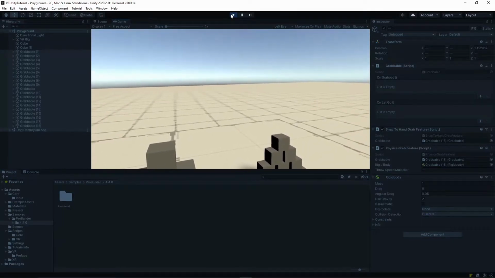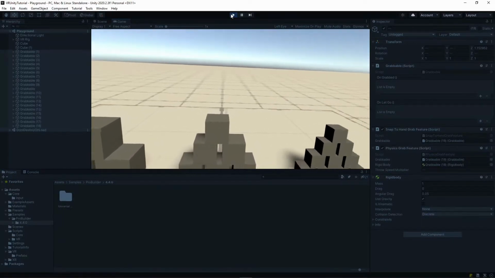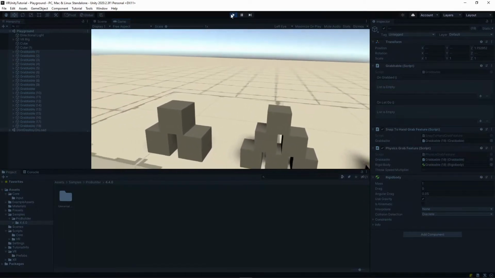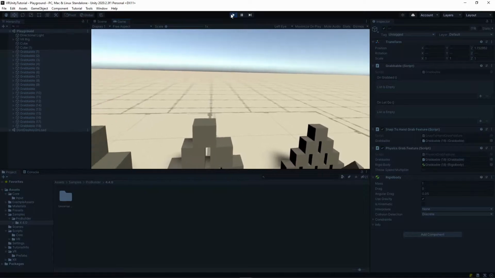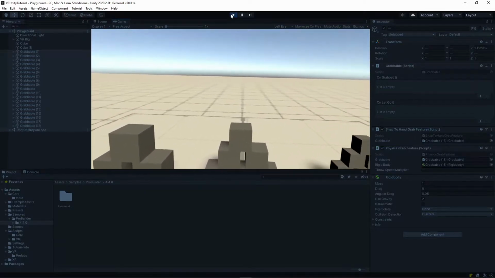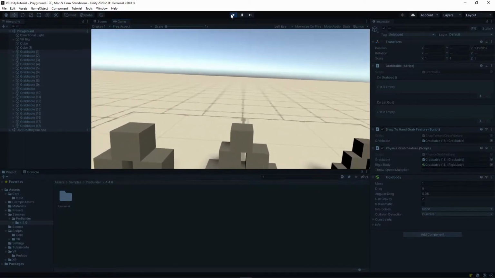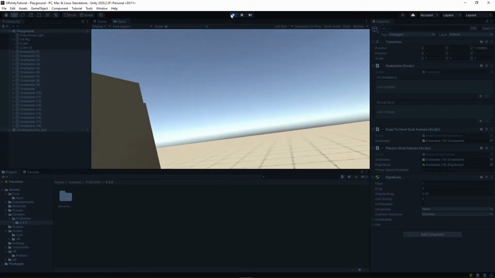Howdy everybody. Today's tutorial we're going to be going over how to set up grab and throw capabilities. As a demonstration here I have three different sized blocks: bigger, heavier ones, kind of medium, kind of heavy ones, and smaller, light ones. So I'm just going to go ahead and reach over, give it a throw,